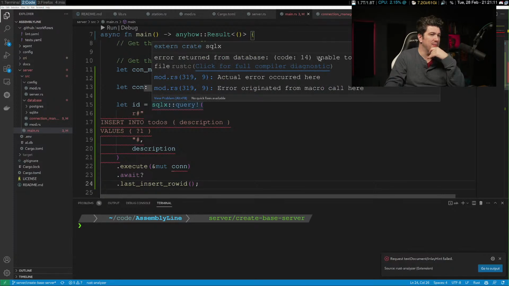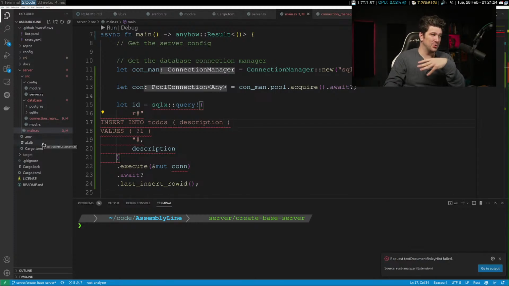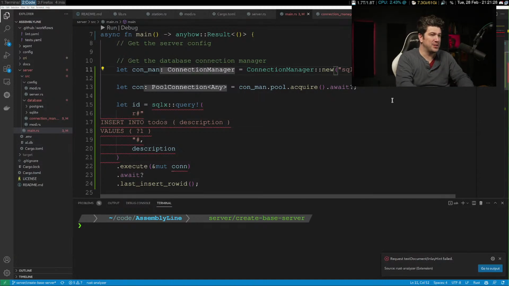Yeah, error, unable to open database. This is what annoys me about SQLX. Maybe it's awesome, but you literally have to have access to the database while it's running. And I bet you the reason that it is